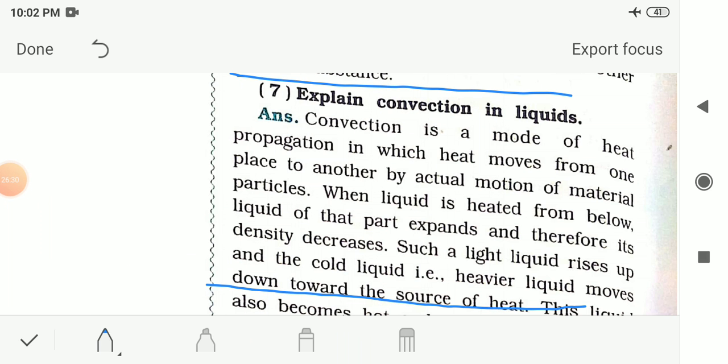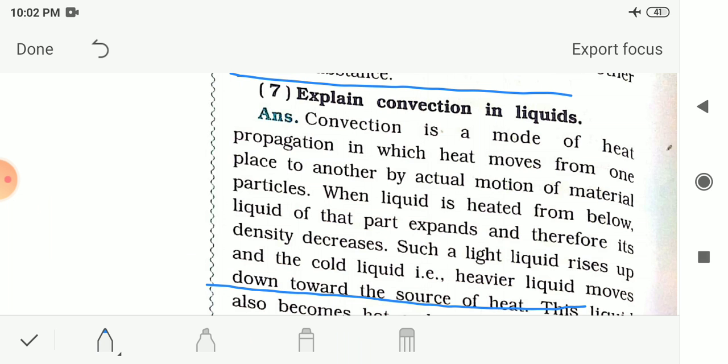So convection is the mode of transfer of heat in which heat spreads and moves from one place to another by the motion of the material particles, through which we are giving the heat. Through those particles, the heat moves from one place to another place. And when a liquid is heated from below